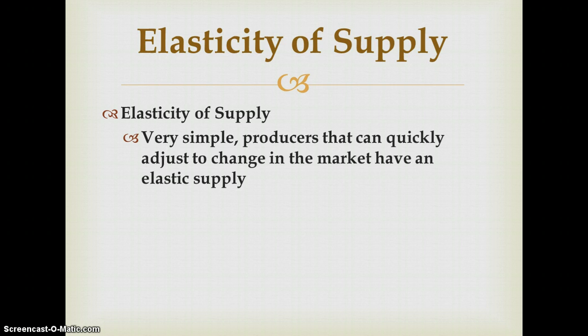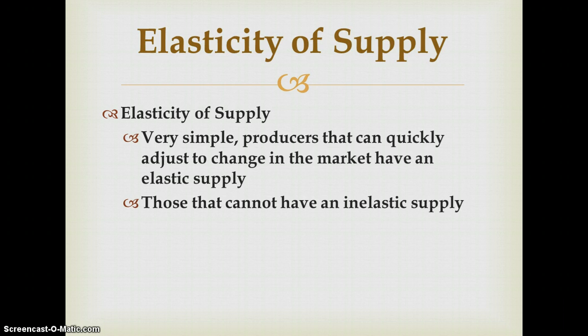Elasticity of supply works like this. Producers that can act quickly to changes in the market have an elastic supply. Those that cannot have an inelastic supply. And I'll give you an example. If somebody has, let's say, a lemonade stand, and that lemonade stand is making 1 or 2 glasses of juice an hour,